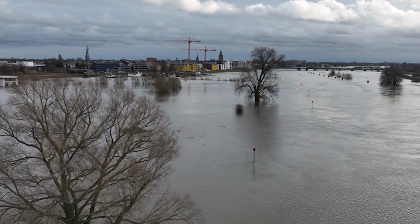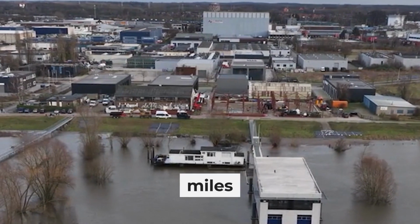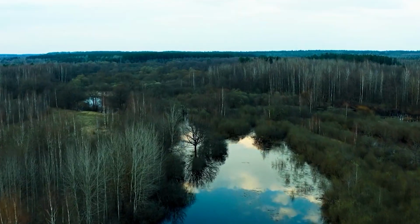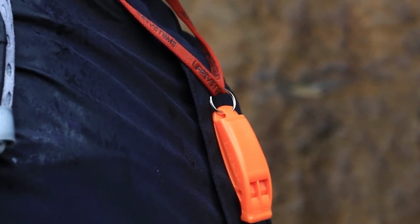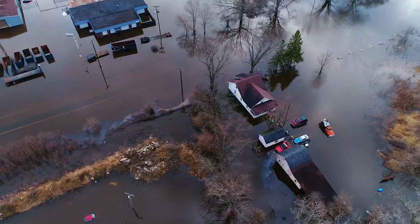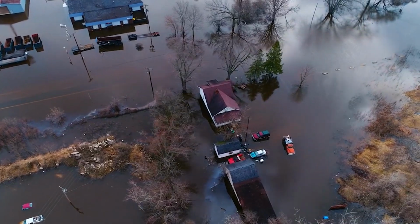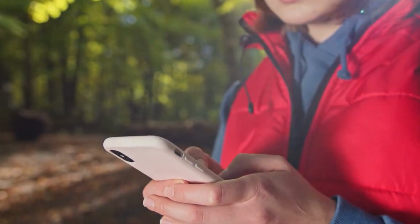It'll work even if it gets waterlogged. The sound can carry for miles, cutting through urban noise or dense vegetation alike. Attach it to your keychain or wear it around your neck. 3 sharp blasts is the universal signal for help. In an urban disaster, when cell networks are down and you're trapped, the simple tool broadcasts your location to rescuers,